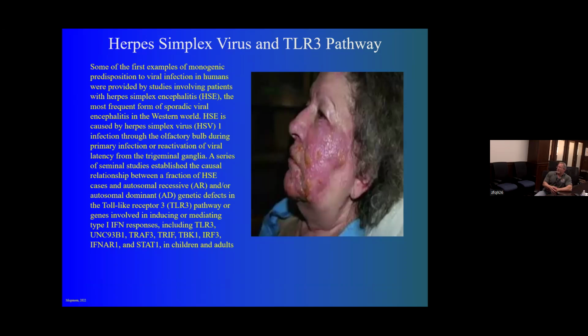Sometimes, though, we do see deficiencies and defects in the TLR3 pathway, and this refers to what I referred to briefly before as an inborn error of immunity. So in this image, what we're seeing up here is a patient that's been infected with herpes simplex virus. Herpes simplex type 1 generally causes cold sores that appear at the corners of mucous membranes. Primarily, we see these lesions occurring at the corners of the mouth and on occasion at the corners of the nares.